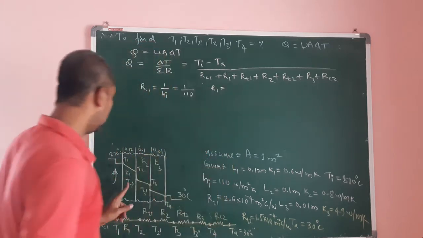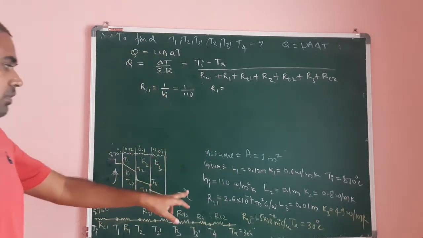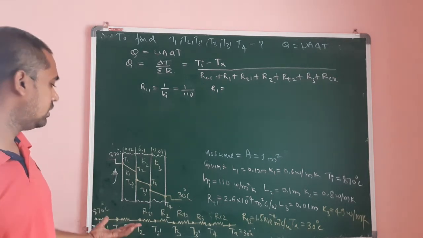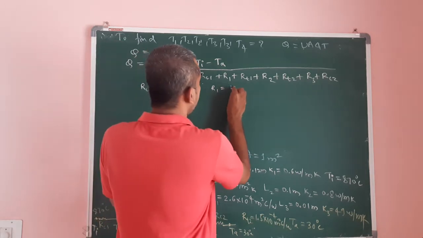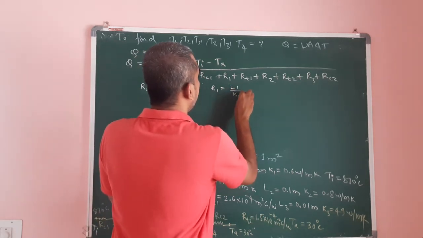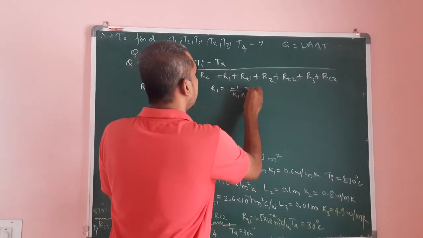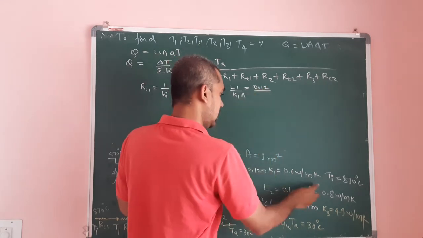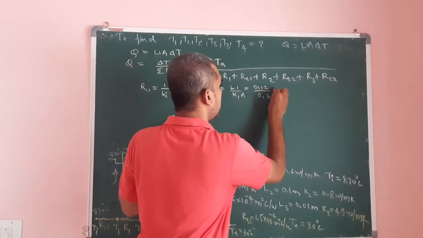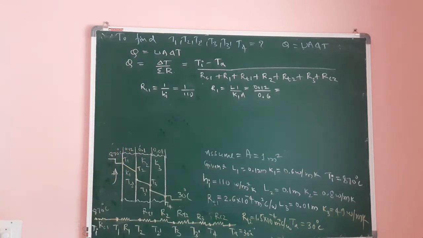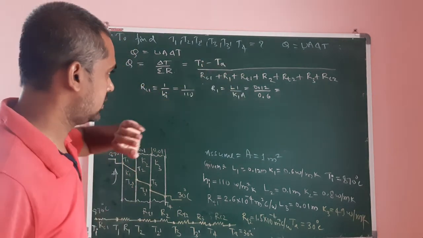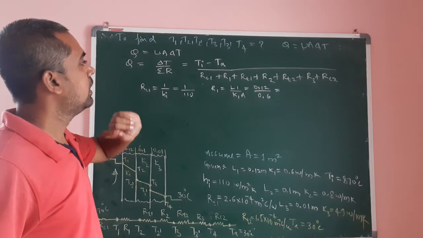Now R1 is equal to, here it is a conduction heat transfer between T1 and T2. There is conduction, therefore thermal resistance due to conduction is equal to L1 divided by K1 A1. A1 is 1, L1 is 0.12 divided by K1. K1 is 0.6. You will get R1, if you divide it, something like 0.2. Okay, next R2